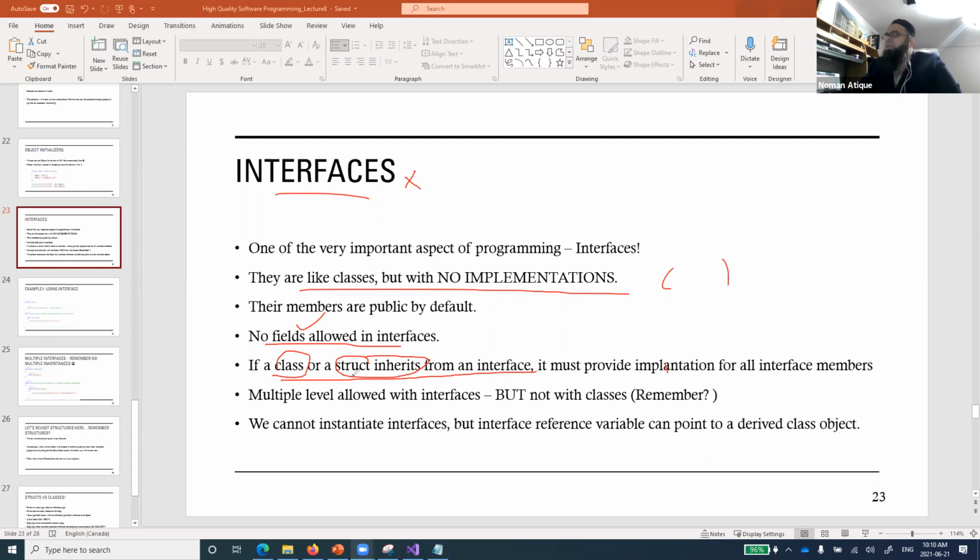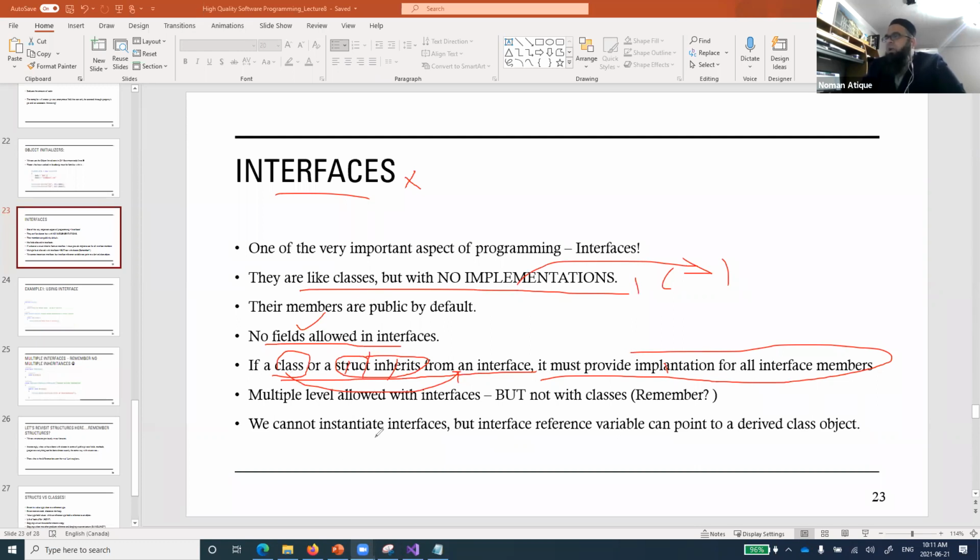Yes, we have talked about structs. I'll talk maybe more about structs in tomorrow's session, because there are some important aspects that I want to discuss. Right now, for the time being, I'm not saying the struct is inheriting, but the class is inheriting. When a class inherits from an interface, it has to provide all the implementation of the interface members. If a class is inheriting from it, like becoming a child of that one, we need to implement all those methods which were defined in the interface.